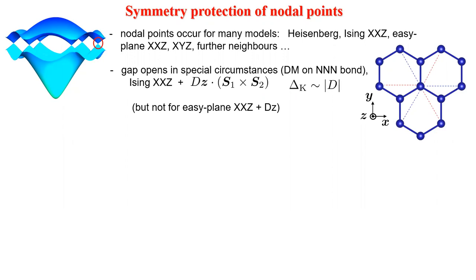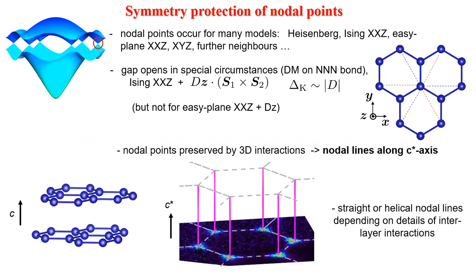So the main message here is that these nodal points can be very robust, and only under very special circumstances one can open up a gap. They're also robust, this is not fundamental 2D physics, but it's also robust when we add interactions between the layers. In this case, the nodal points form nodal lines, and depending on details of the interactions, they can be just straight up going along C star, or can have some winding or modulation depending on details of the interaction. So the material that I'm going to talk about has these stacked layers and has nodal lines along the